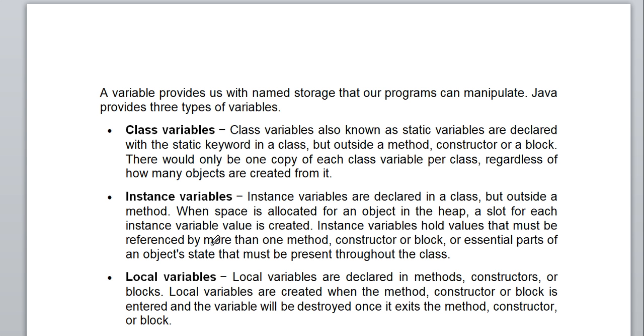The same way as we declare the class variable, instance variables are also declared just after the naming of the class. They are not declared within a method, constructor, or any block. Within the class block these variables are declared, but they can take a different value with respect to a different object.